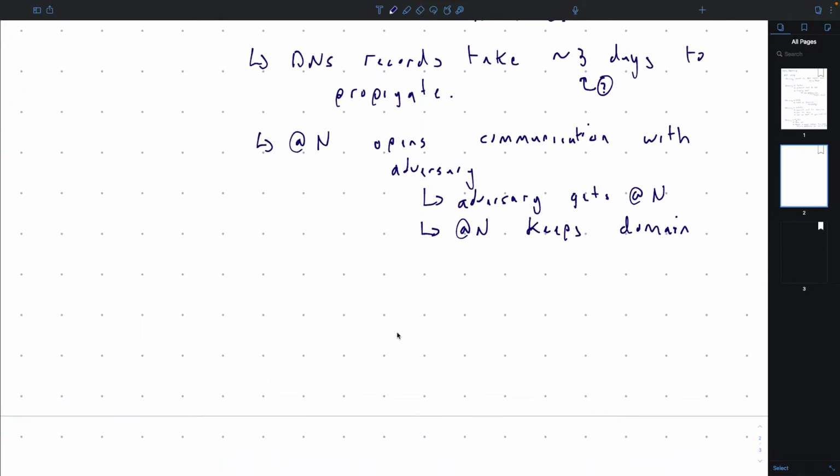And then @n is curious what the person's going to do with this name, right? And it turns out that they just put some spammy messages up and then that's it. And then they don't use it for like a month or something like that. So they went through all this effort and they really didn't do anything malicious with the name once they got it, though they could have done anything, just to defame the owner of that name.